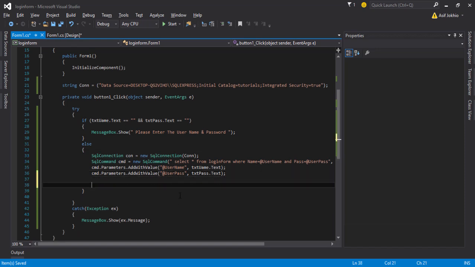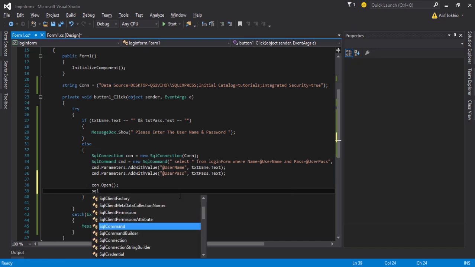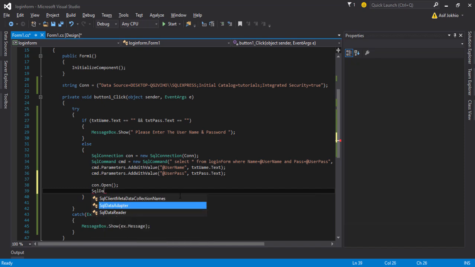Then you need to open the connection and then write SqlDataAdapter, adpt, create an object, new SqlDataAdapter, and then pass the cmd object here,